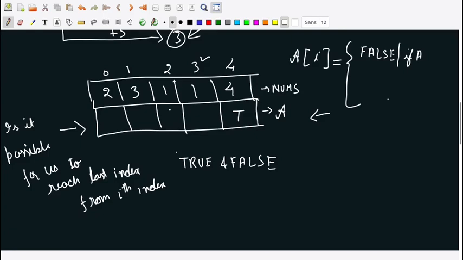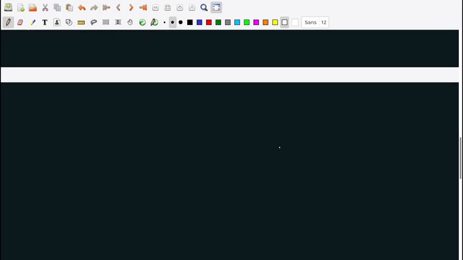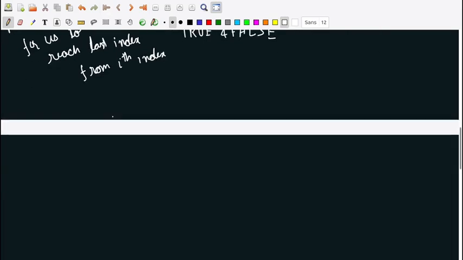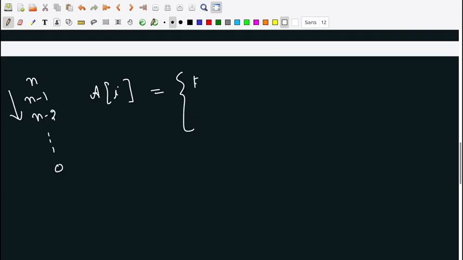Okay, and I'll rewrite it over here so that we have sufficient space. So let me just go a little bit down and write it for you. So A of i we want to see, and since we are starting from n and decrementing the values, all the way till 0 we have to go. So the loop will be from i equals n or n minus 1 till 0. So A[i] is equal to false